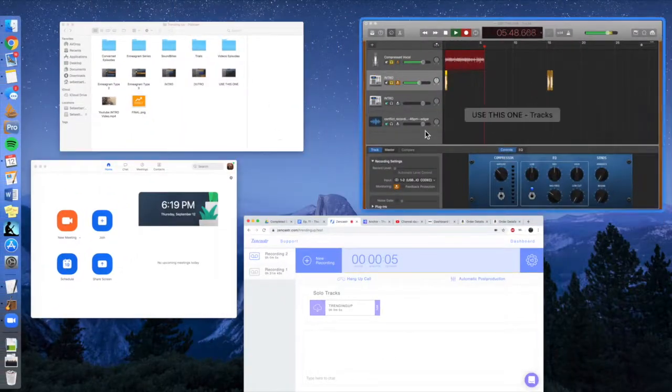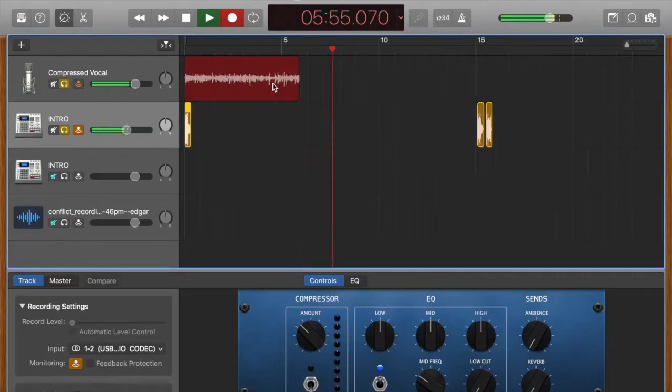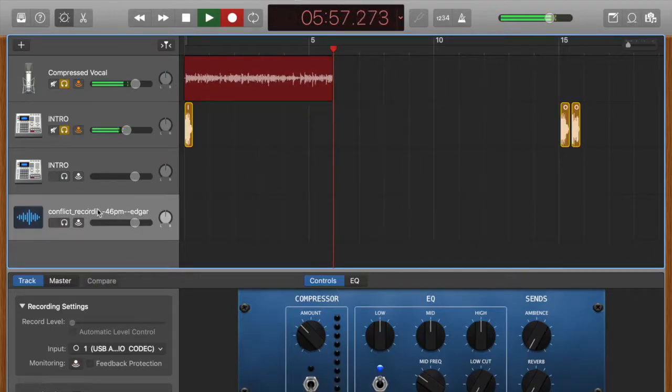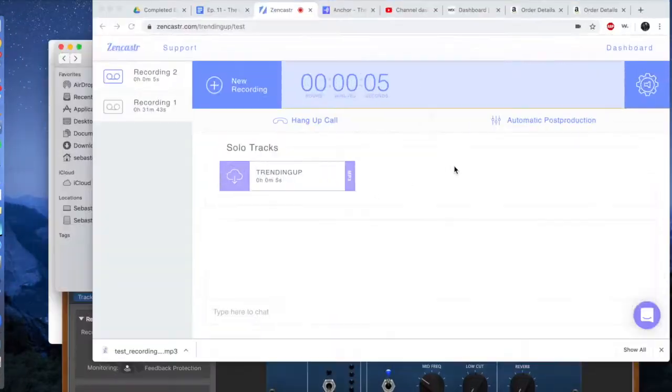So once I've exported it, once I've put in the beginning, the intro, and the outro, I've lined up my audio and I've lined up Edgar's spot here, and it makes sense. I've kind of run through it quickly. Sometimes I'll listen to the whole episode. If it's a longer one, I just hope and pray that it's okay. I'll export it to the song, to the hard drive, and from the hard drive,